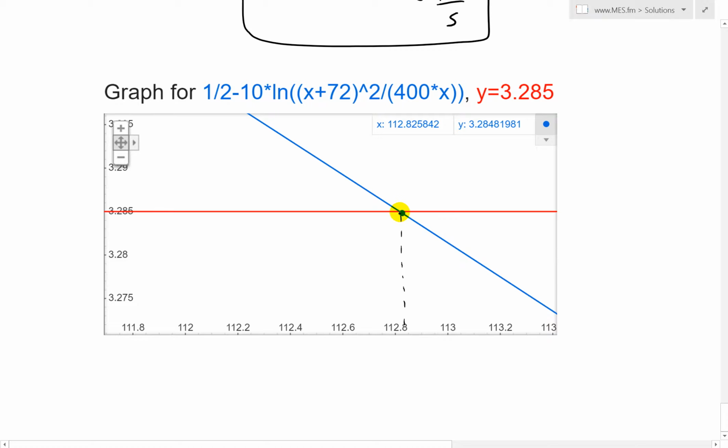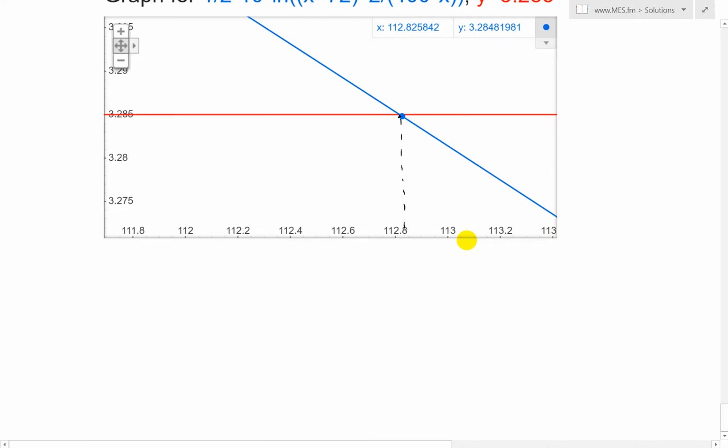It's a bit off, but we're just going to round it to this value right here. So we'll write W is roughly equal to 112.8 feet